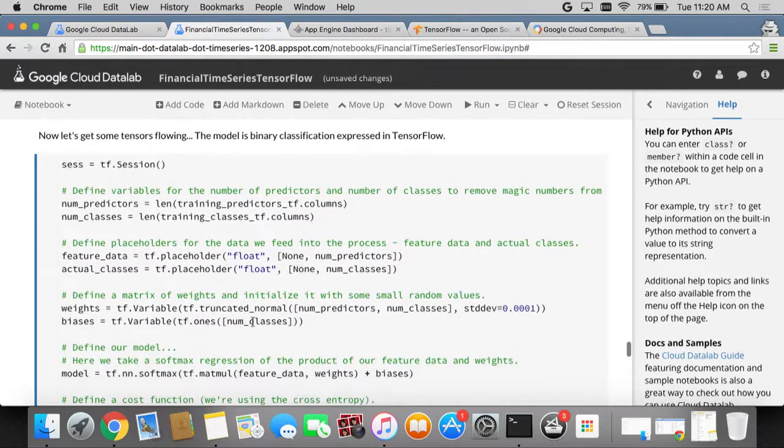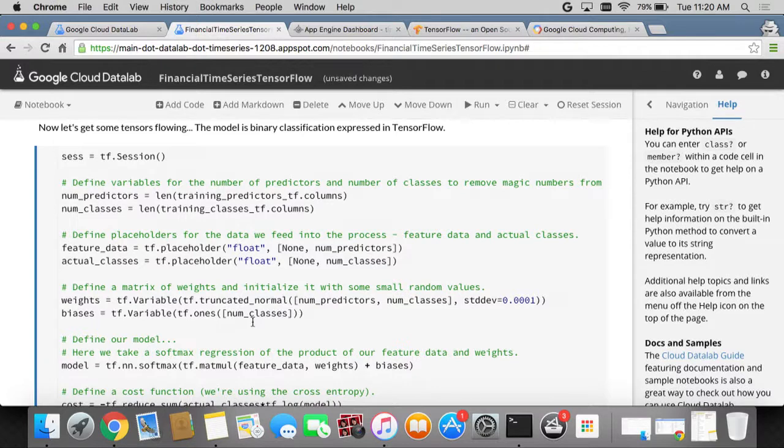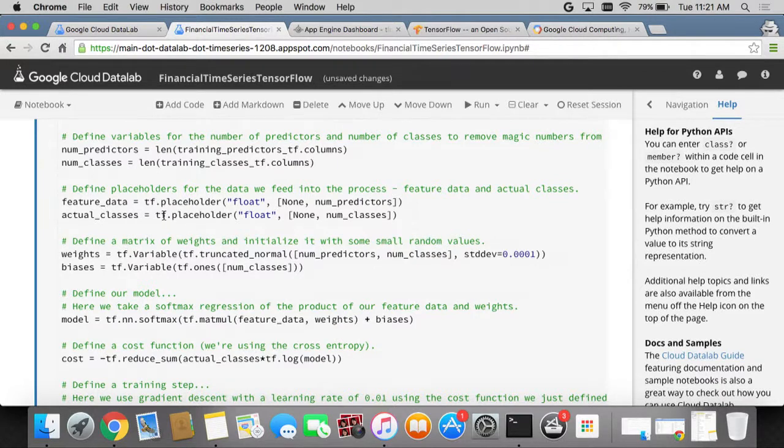So what are the variables you need to be able to build a TensorFlow model? In order to do models, you need some variables and you need some operations, an operation that is then going to be able to be distributed. So here we can see that we create a couple of things. Our feature data is the data we're going to use in order to train the model, and that's going to be like the other actual classes, which are the results.